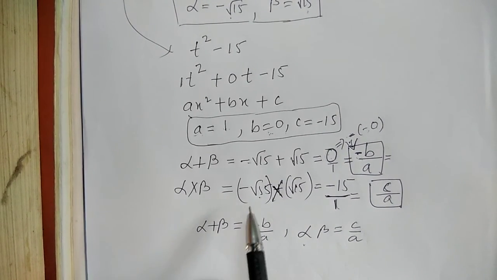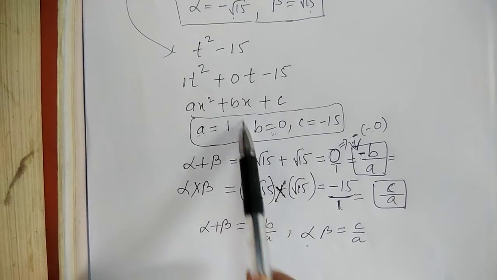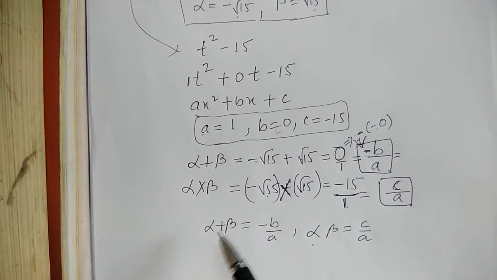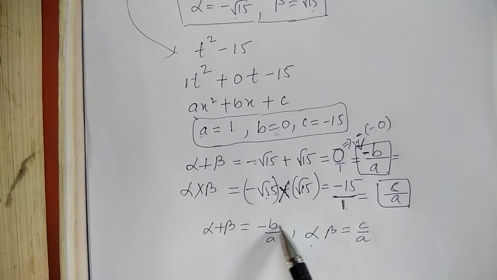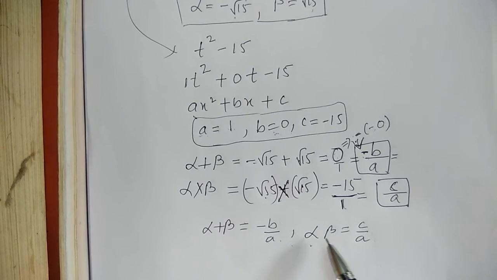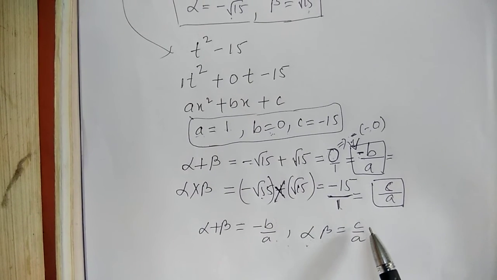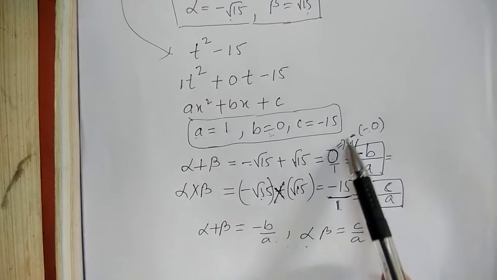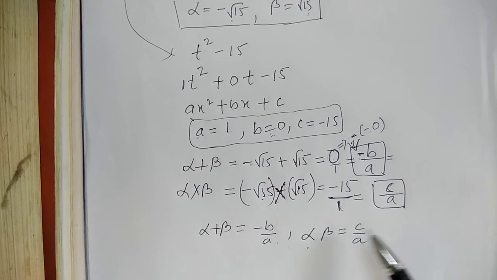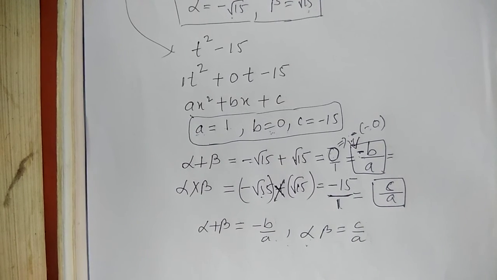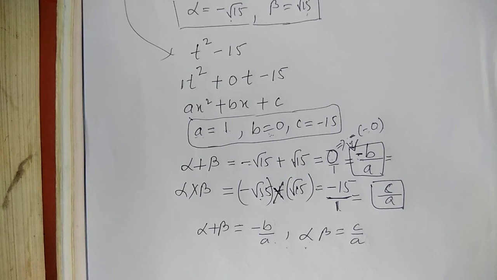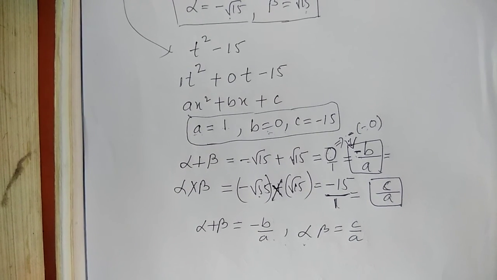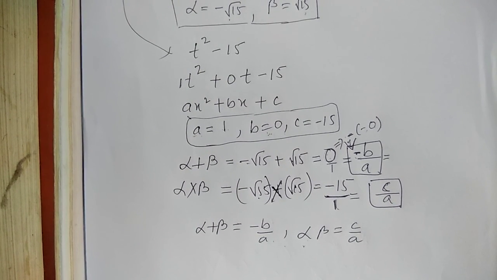Okay, so from the quadratic polynomial you write down the a, b, c values. Then alpha plus beta is minus b by a, put here the b value and a value. Then for the product of roots, see what is the c value and what is the a value, put that here. Then you can find the sum of roots and product of roots from the quadratic polynomial. I hope you understood this topic, but it is a little bit difficult for you.